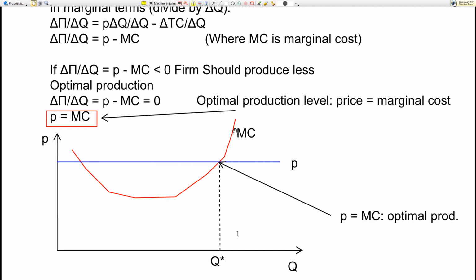So what is my optimal decision? Well, the question is, do I produce one unit or not? If I'm here, then producing an extra unit will cost me this amount, but will bring me as extra revenue the market price. So the market price is higher than the cost for producing that unit. So it makes sense to produce more. Whereas if I'm here, does it make sense to produce even more? No, because, imagine my marginal cost is 7.